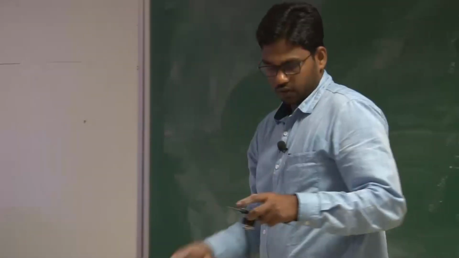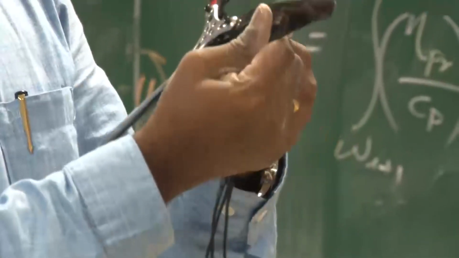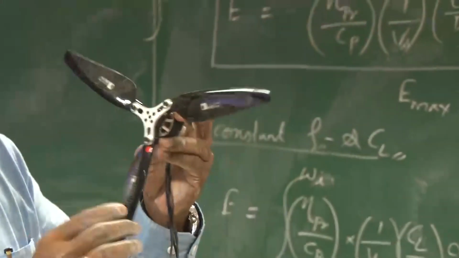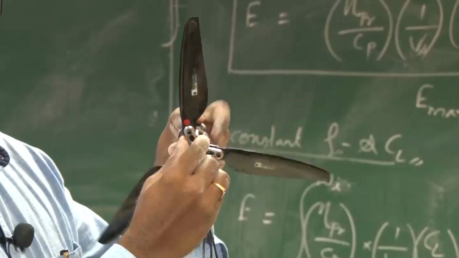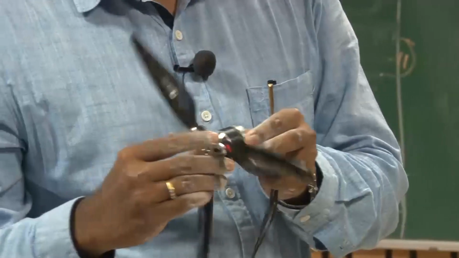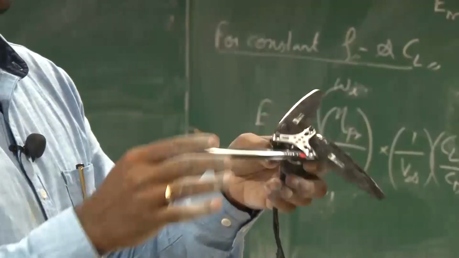Right? So I thought of showing you some brushless motors as well. So this is a carbon fiber propeller, 3 carbon fiber propeller blades mounted on this hub, right, which is attached to the outrunner. It's a 515 kV outrunner, and this hub is a foldable hub for these propellers.